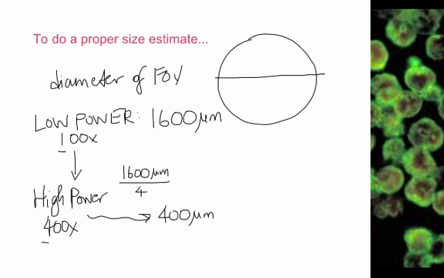Okay, so again, to do an estimate, you need to know the diameter, so it's really, really important to know what objective you're looking at and what the magnification is. All right, so you just have to convert it. Now that I have my field of view diameter, how I figure out the actual size estimate itself is I have my diameter. So let's say my amoeba, I was looking at it under high power. So I take my diameter,